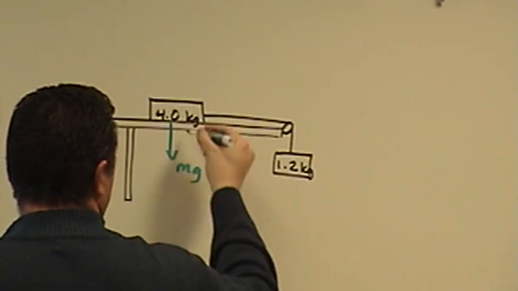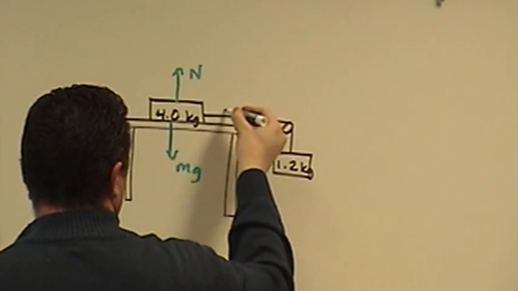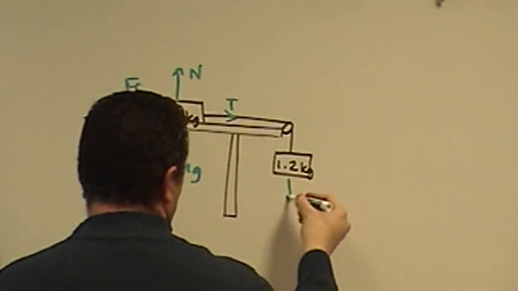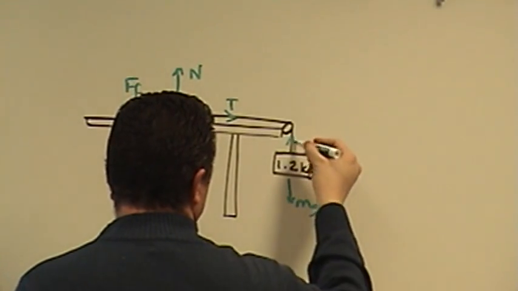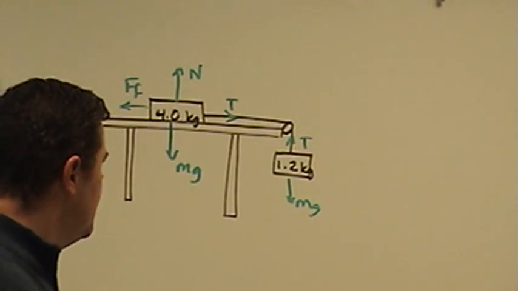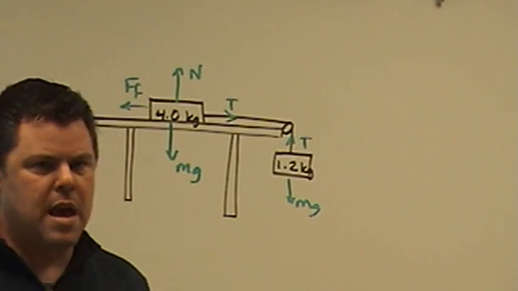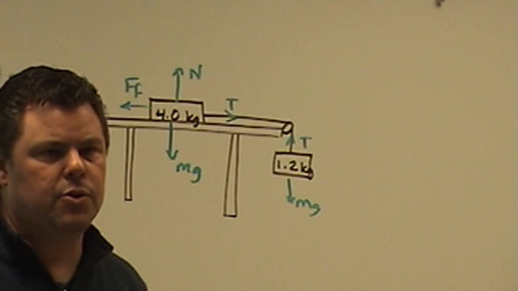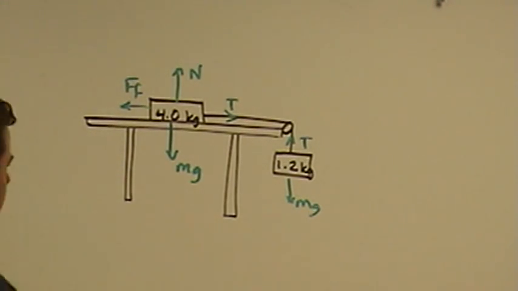The weight, the normal force, the tension, the friction. The weight, the tension. When you see problems like this on an AP exam, they always ask you to draw or label the free body diagram. That's what they mean. You just label the forces. But anyway,